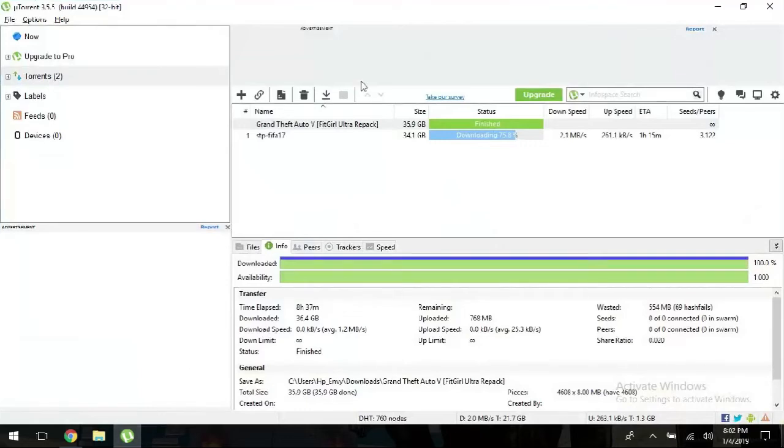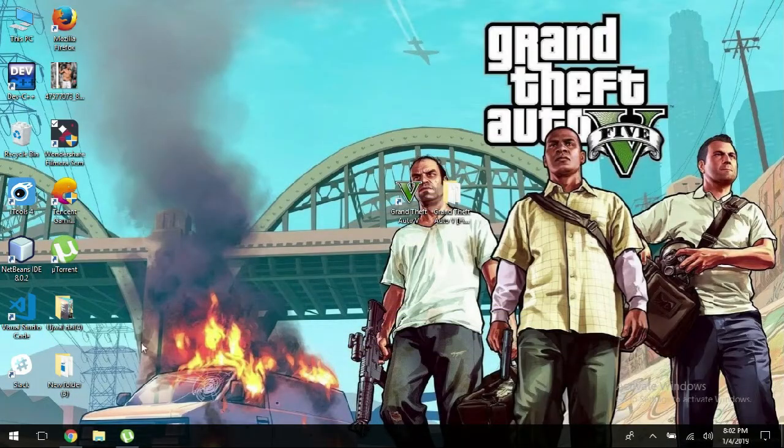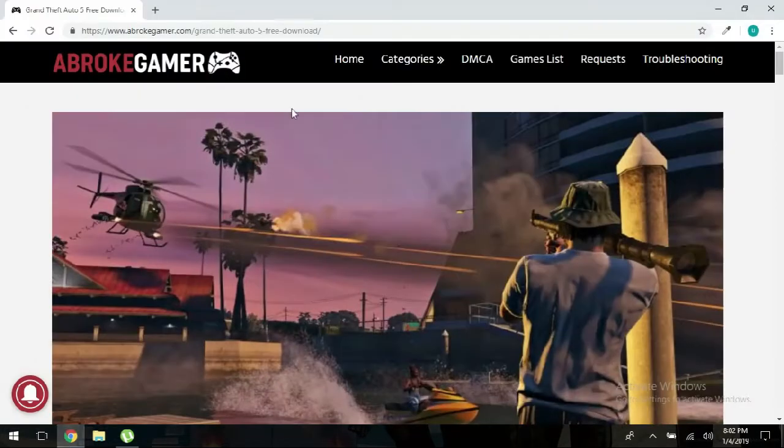At first you need to download uTorrent and please install it. Link will be in the description. And then go to the App Gamer, link will be in the description,